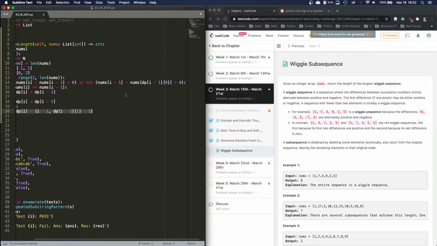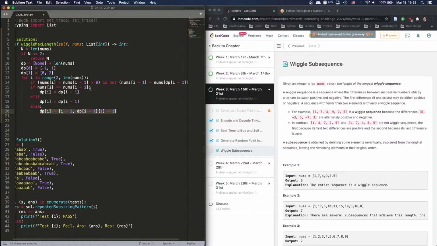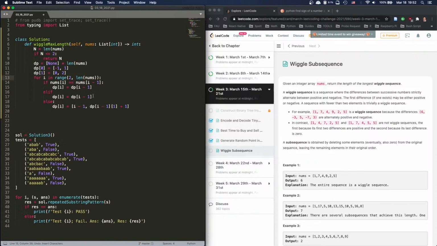Is not the same, right? But if it's equal to 0, then what do we do? If it's equal to 0, then this one will be false. Then the signage will be... Now we still need to handle this situation. All right, no, we don't do that. We still have to handle this, either this or,